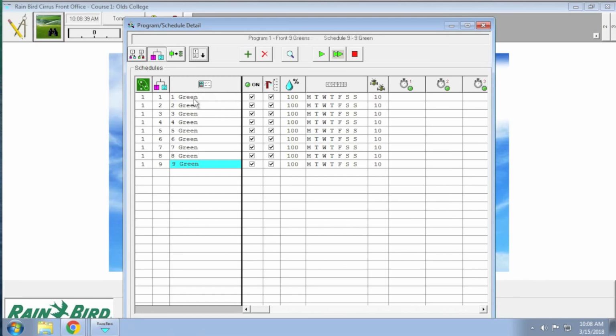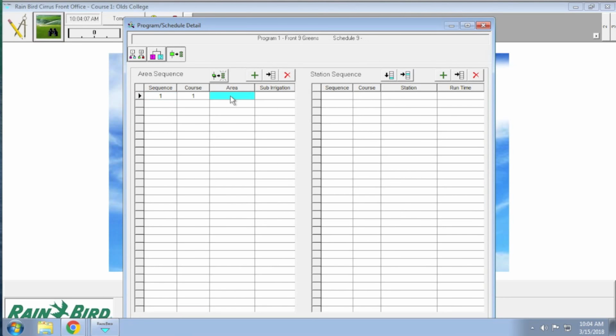From there, in the Area Sequence section, press the plus button to add an area. For green 2, type in 2G. You then add sprinklers by pressing the plus button in the station section. You can manually add the stations one by one. This could be tedious and would take a lot of time to flip back and forth between the map and